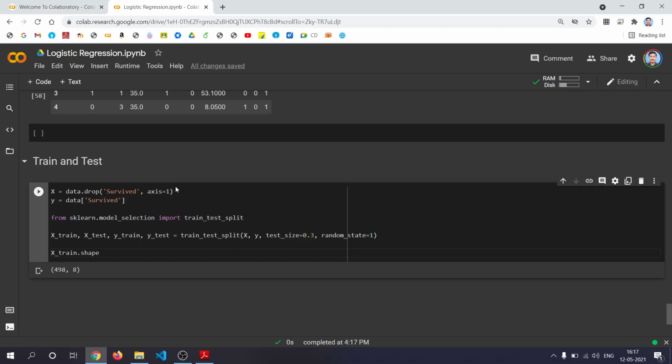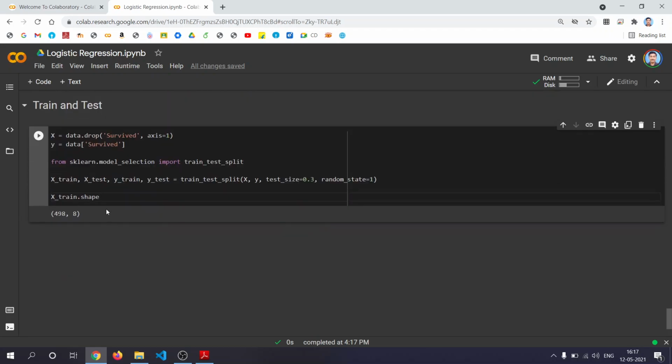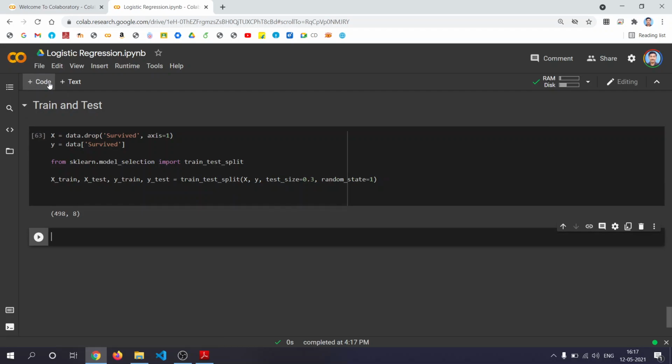These are the 8 columns: 0, 1, 2, 3, 4, 5, 6, 7, and 8. Sorry, this one is the index. Okay, now your data is split into training and testing samples. With the training samples, you train your model. With the testing samples, you test your model, and you do the predictions and find out the accuracy, etc.